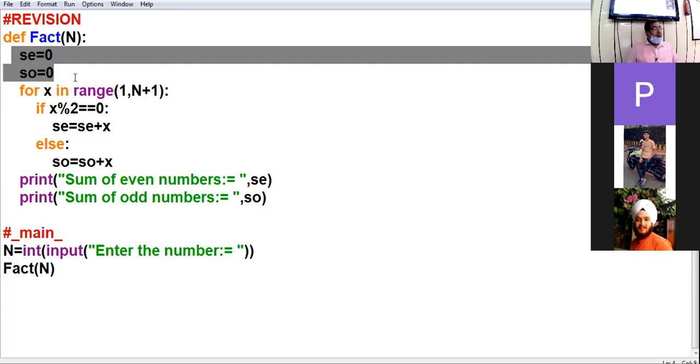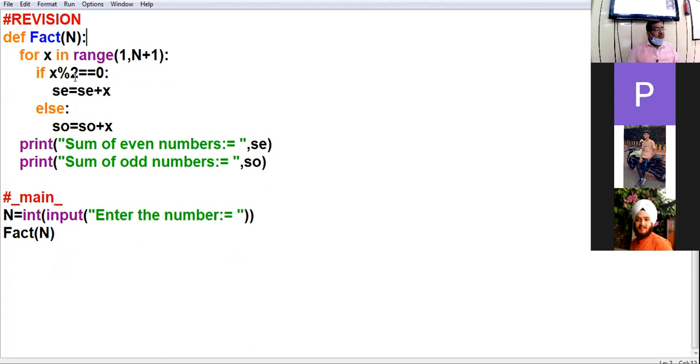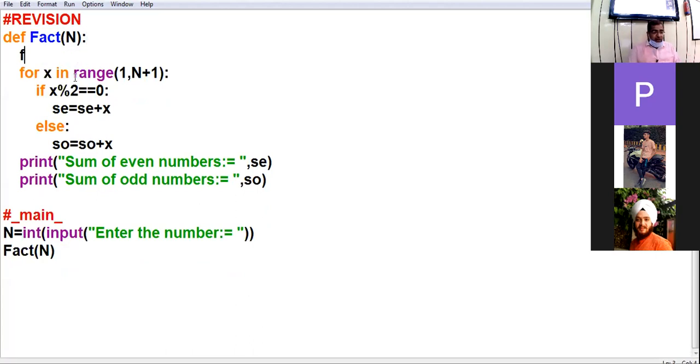Why not 0? If you multiply it with 0, the whole result will become 0. So we cannot multiply the number by 0, and that is why we'll be going up till 1. So I am giving the limit till 1. Just as you gave 0 earlier, we'll be giving one variable with the initial value 1.